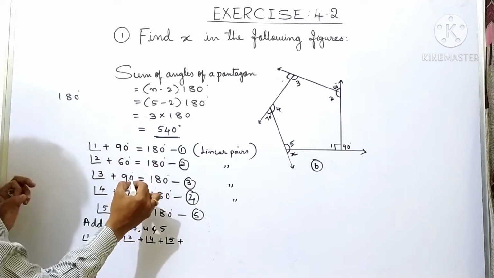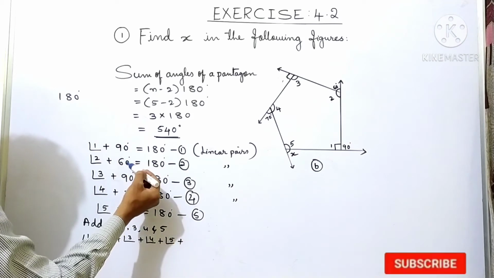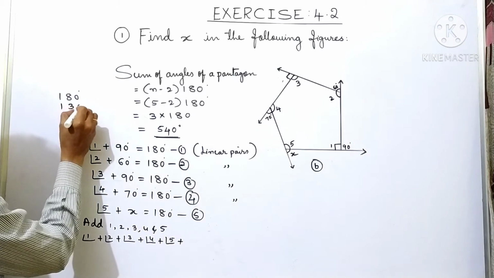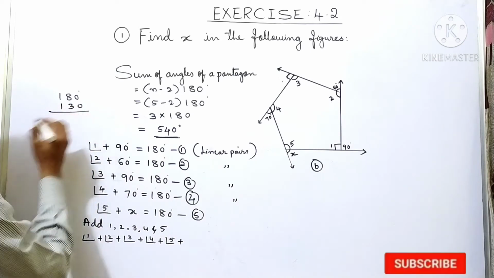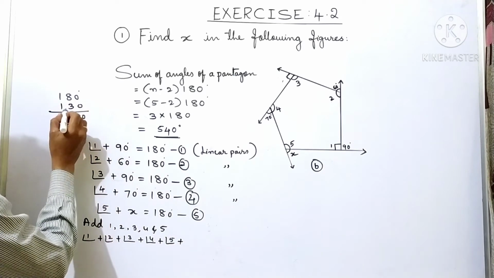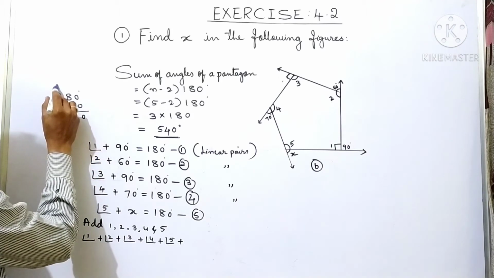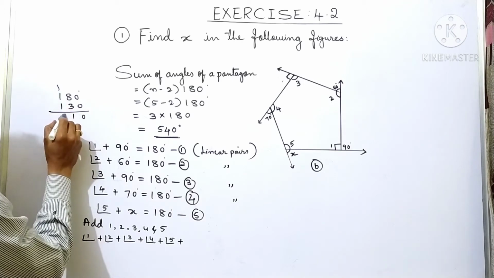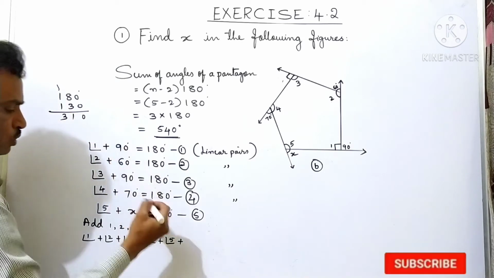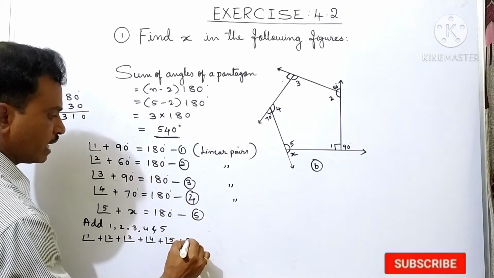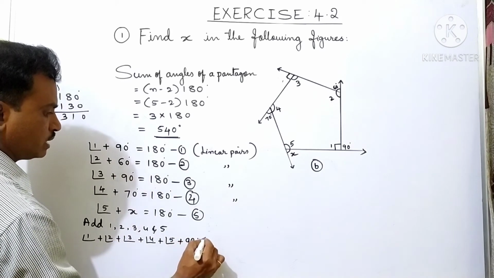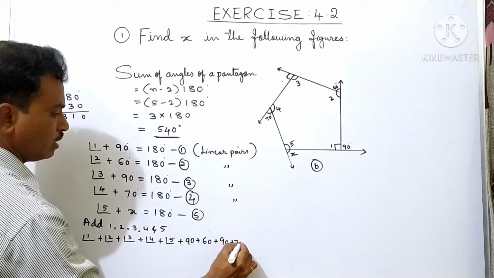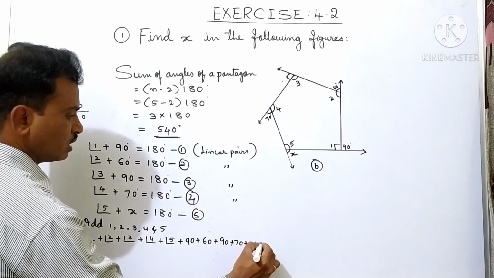Then here 60 plus 70, 130. Then add these two, that means 310. So first we will add all this. We will write as it is, 90 plus 60 plus 90 plus 70 plus x is equal to,